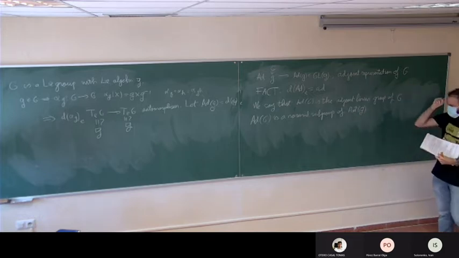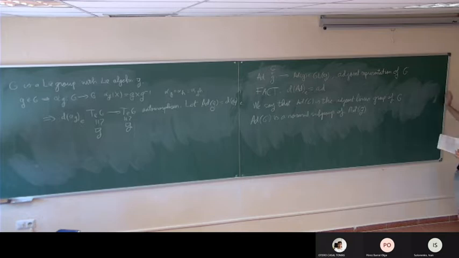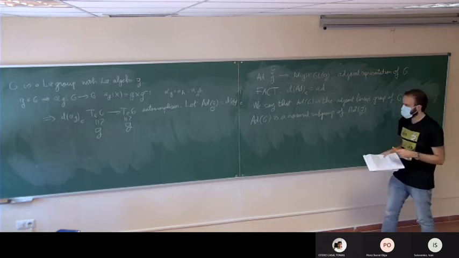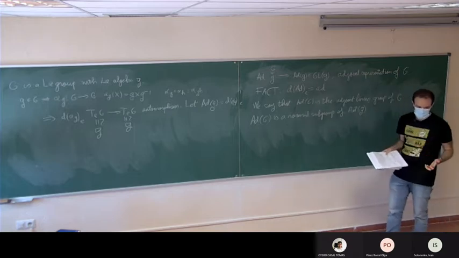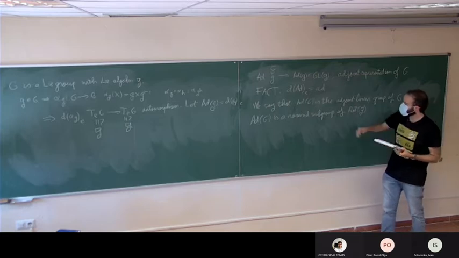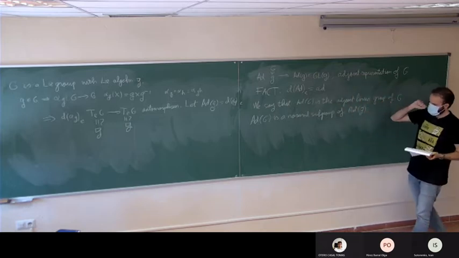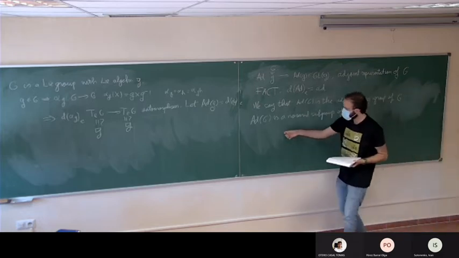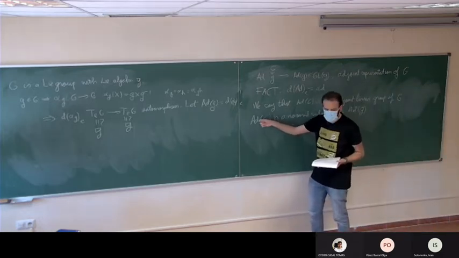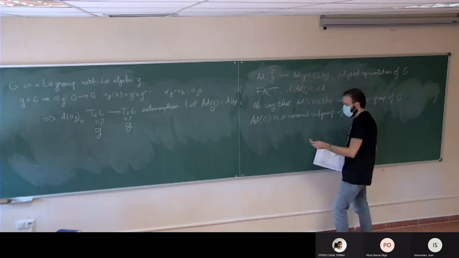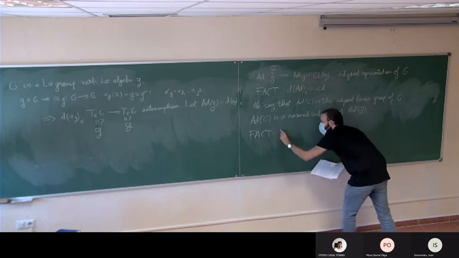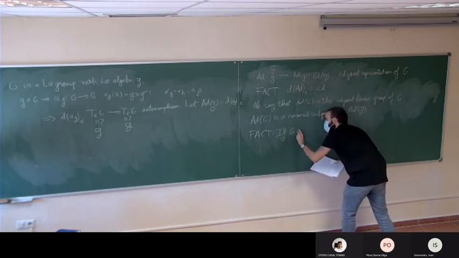And now here comes an interesting fact. Recall that the group of linear automorphisms of a Lie algebra does not make any explicit assumption that the Lie algebra comes from a certain Lie group. But what this is saying is that we can realize the group of linear automorphisms as the image of the adjoint representation of a Lie group when this is connected. So formally, we have the following fact, which is that if G is connected,